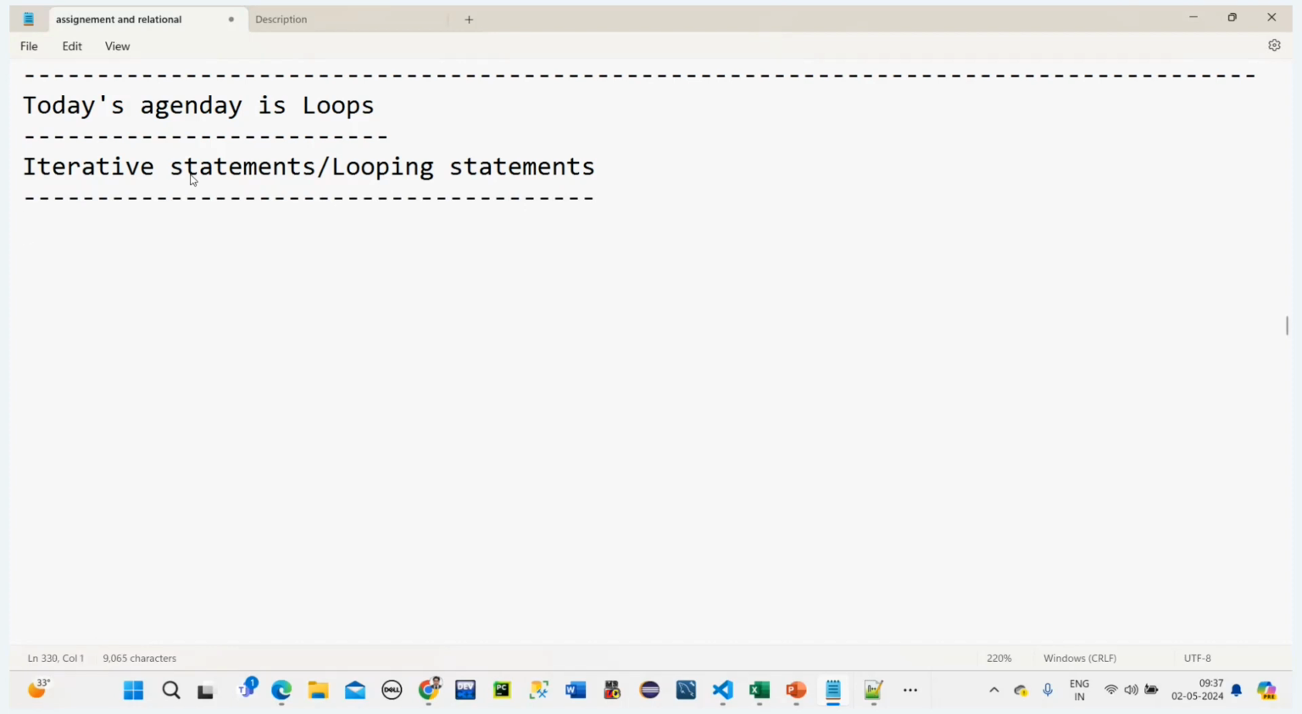Now, why do we need to learn this? Up to now, for example, if I wanted to store one data, I need to use A is equal to 10. In this A, only 10 is getting stored, right? Now, for example, if I wanted to store multiple data, or if I wanted to print,